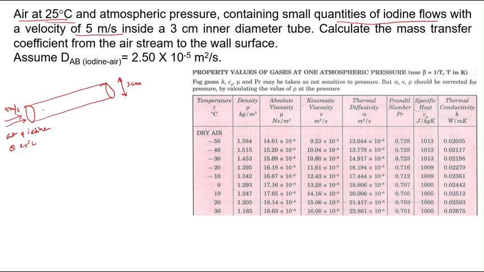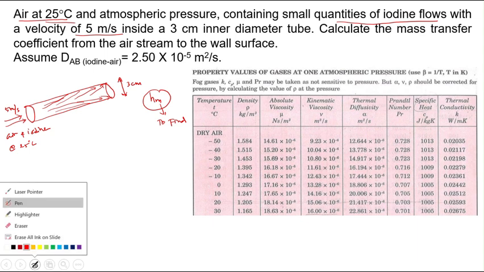Calculate the mass transfer coefficient from the air stream to the wall surface. How much mass may be deposited on the wall because of convective mass transfer? These are the things we are going to find, the mass transfer coefficient h. Already we studied the convective heat transfer problem. This problem is more or less similar to that, because this is a convective mass transfer problem. So for this, first we are going to find